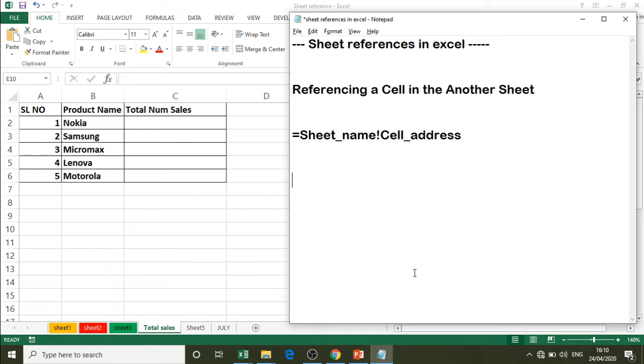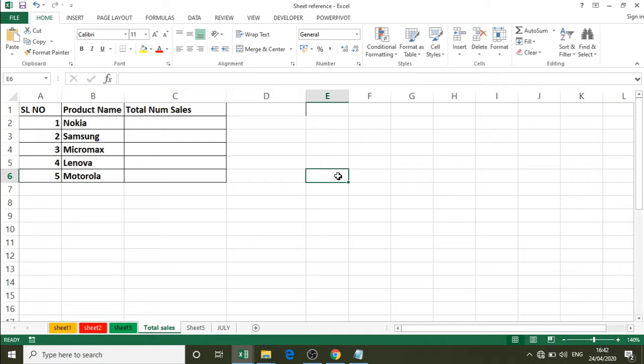As of now, we know how to use cell address for calculation when the data is present in the same sheet. See here, if there is data present in the same sheet, say in E5 there is some value and in E6 we have some value.